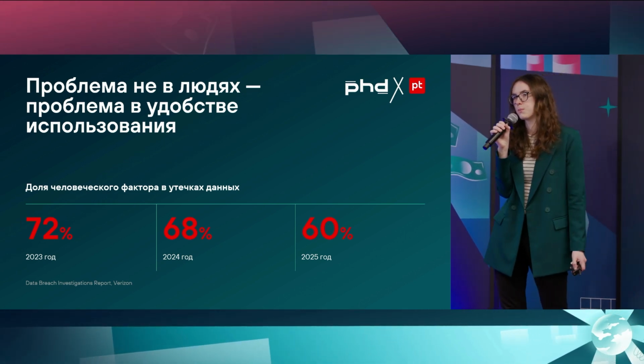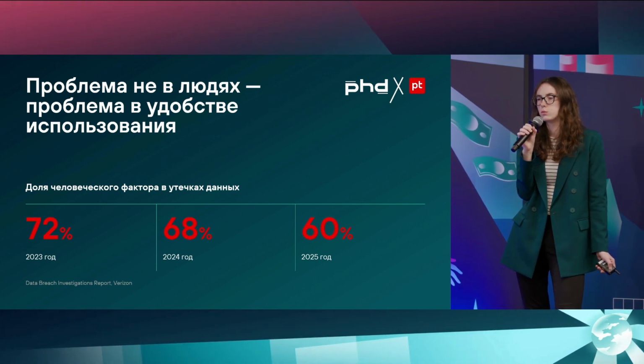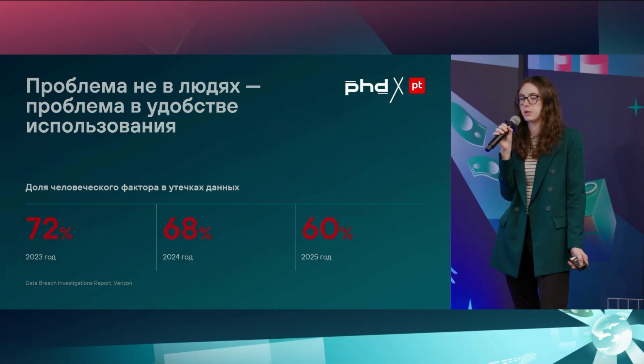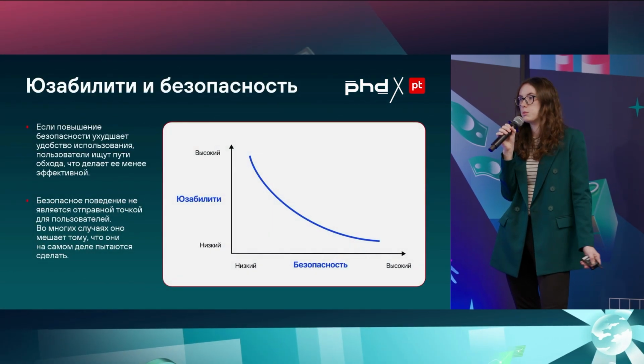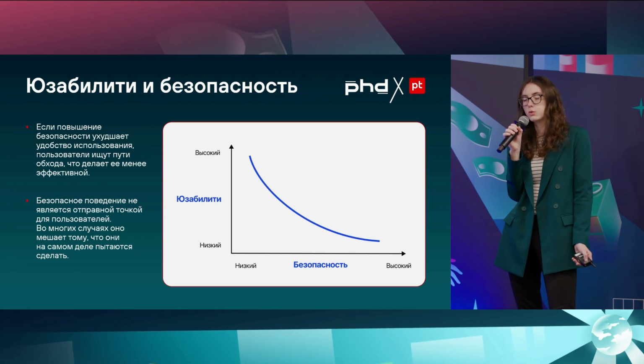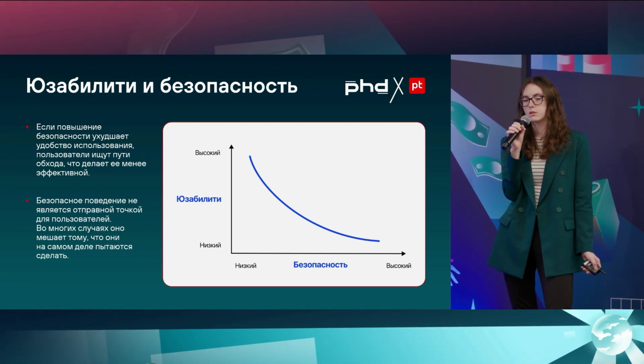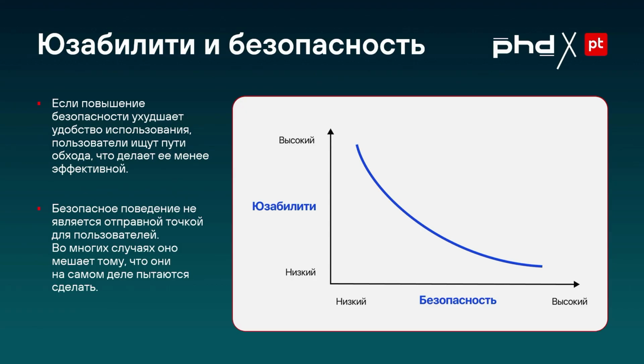It would have been much more challenging for us to design interfaces. Let's now talk about how we can develop an interface that would be convenient for the user, and how it is related to security. Well, the relationship is as follows. If you look at this chart, you can see that when we implement a certain security feature, for some reason, usability goes down. Why does that happen? Because when we implement a security feature, we want a user to take some extra effort, and often a user doesn't want to take it.